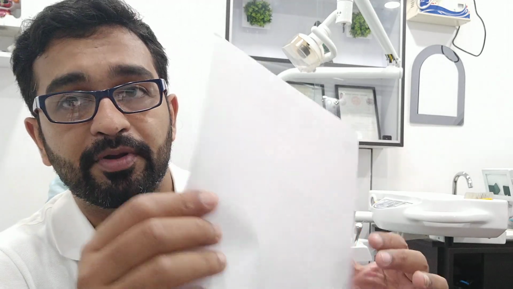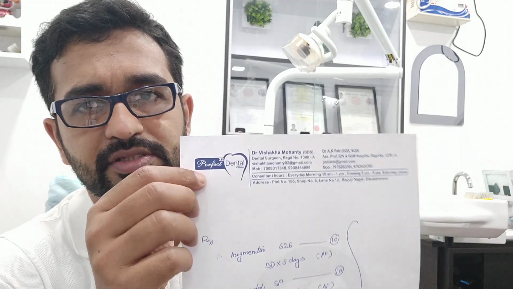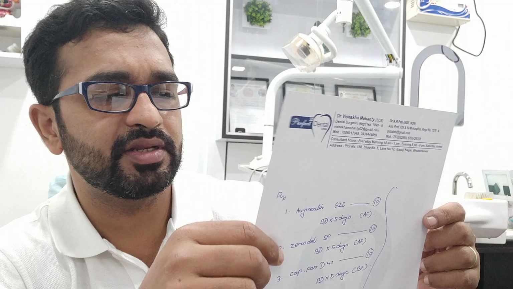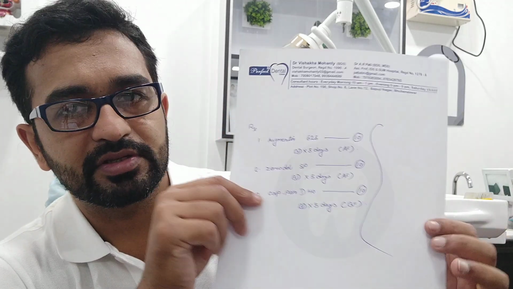Now coming to the paper of the prescription, this is bond paper which I am using. You should not use A4 size sheets, you should use a good quality sheet, and a logo is a must if you can give one. It should not be too fancy, because if it's too fancy, it doesn't look good. It's my choice; maybe someone else likes fancy things. This is the type of prescription which I use in my clinic.